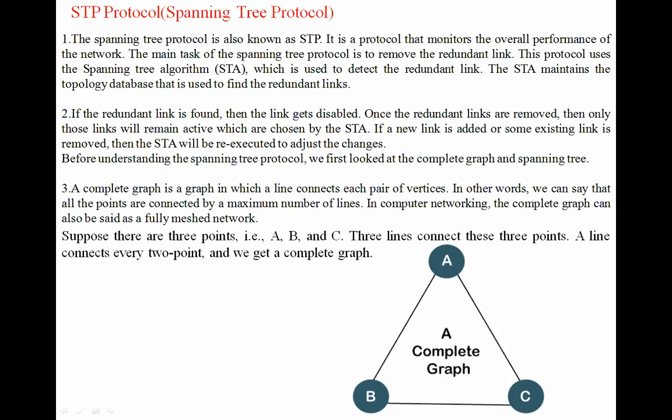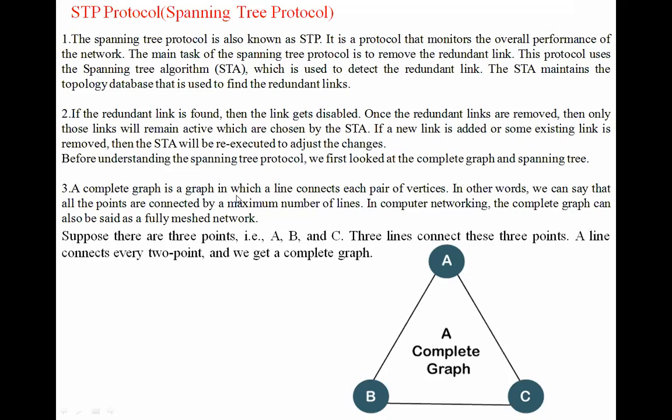If this link has been damaged, you are going to use the new link between B and C. A newcomer doesn't know anything about what is going on, like the actual procedure, so it has to be managed and given training for this. The particular function in this graph has to adjust to changes. You have to make the complete loop. That is the main operation, the main motto of the spanning tree protocol. If you don't make a complete loop, we can't send any frame to the particular stations.